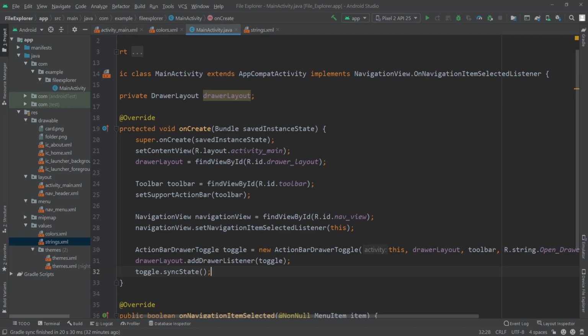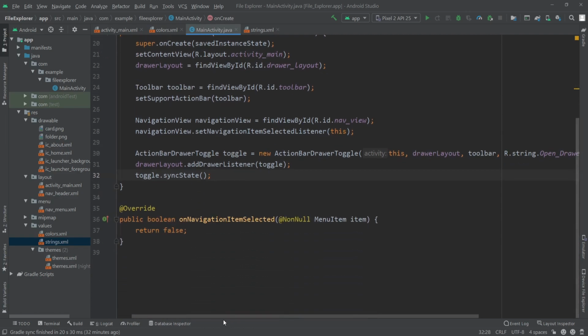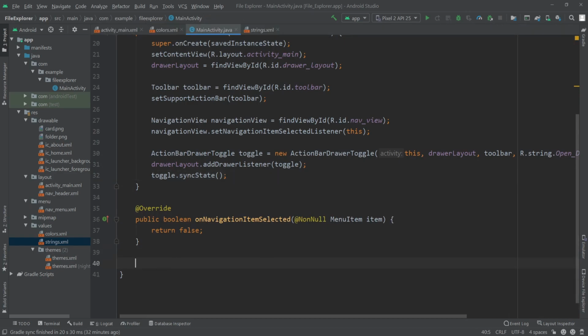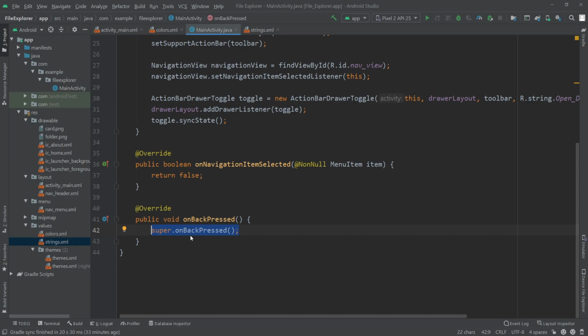And now one thing we need to handle, that if the drawer is opened and the user presses the back button, then we should first close the drawer and then perform the onBackPressed. All right, so let's quickly do that. So for this we need to go outside of the onCreateView, and here I'll override the onBackPressed method. So I'll call onBackPressed, and as you can see here is the onBackPressed method,